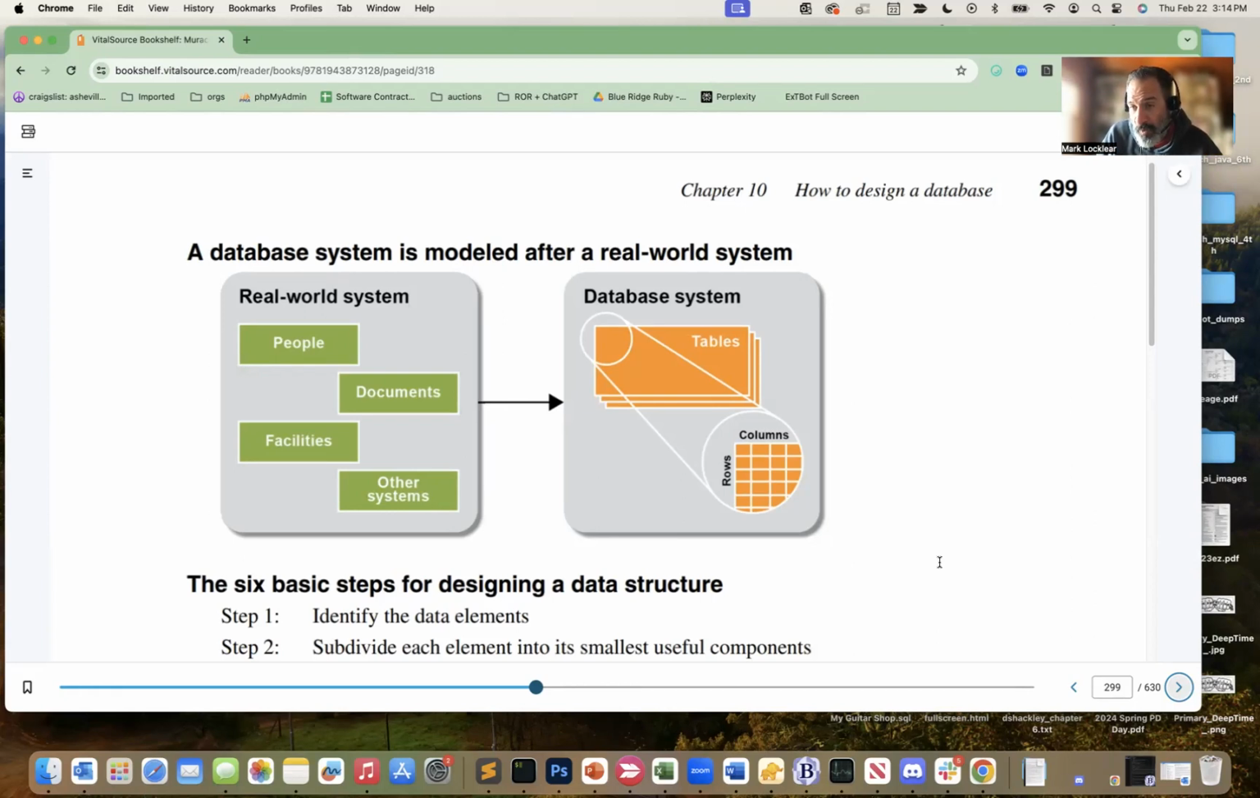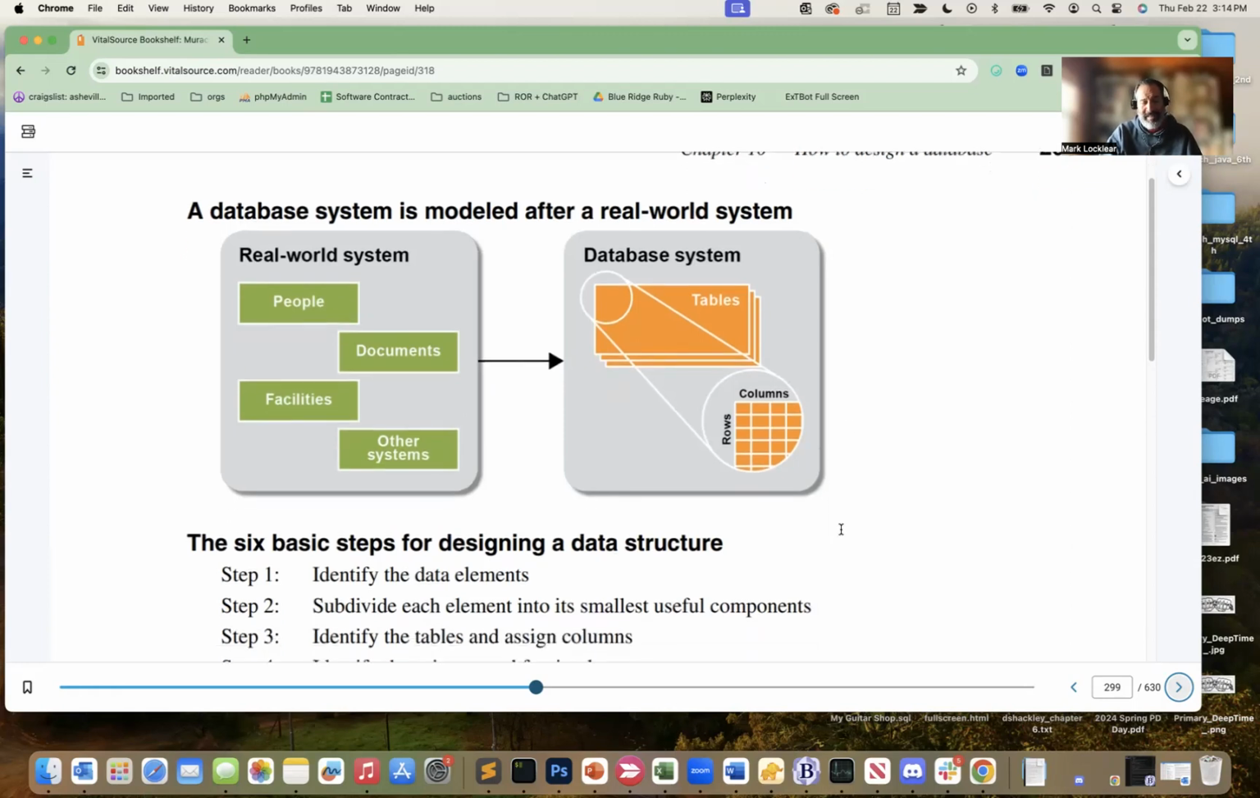But the whole point is that the way we start designing a database is by understanding the system that's already in place. Or let's say this is a new company or a new business, the human processes and systems and steps have to be in place before you can actually design a database around it, right? So this page shows us this idea of people, documents, facilities, other systems. Those are all the moving parts and entities that you start looking at when you first look at designing a